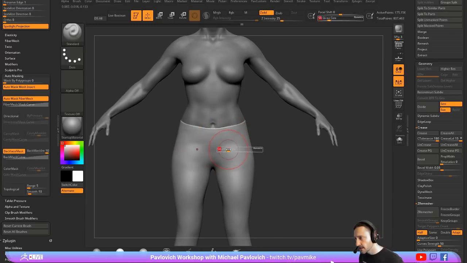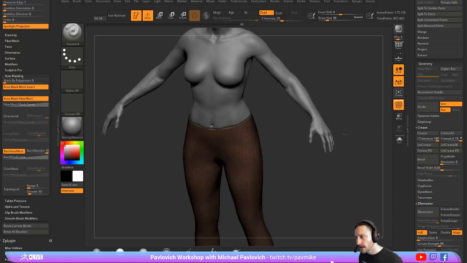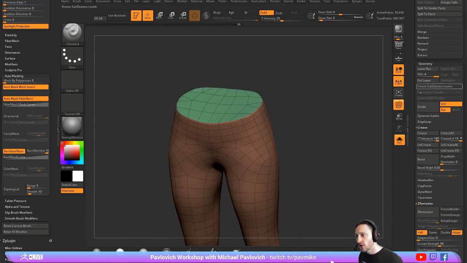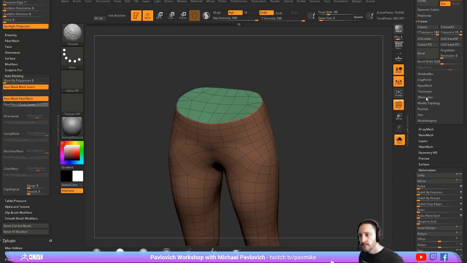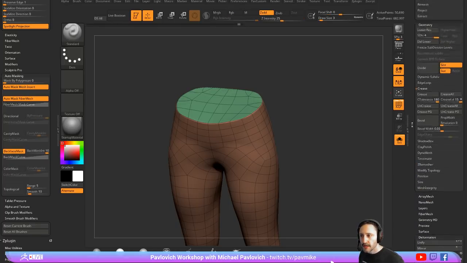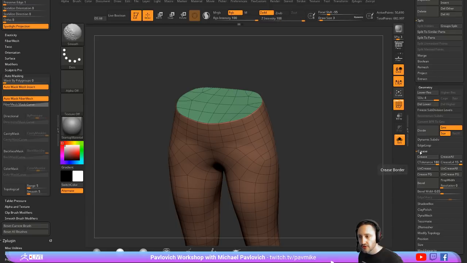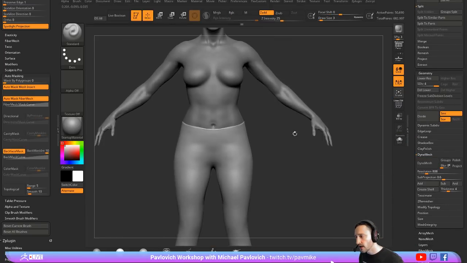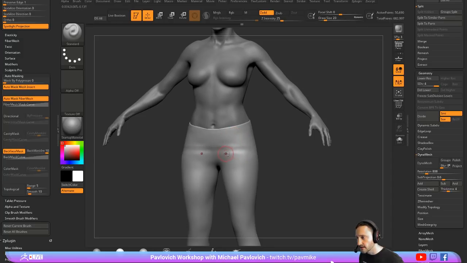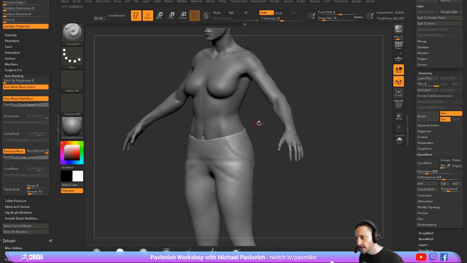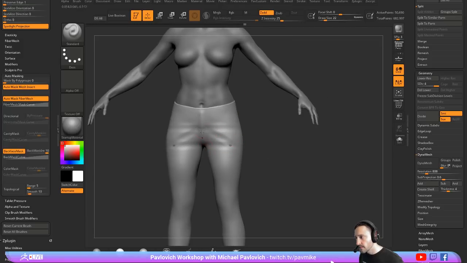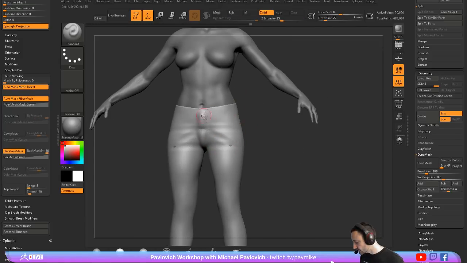But again, because we're just concepting here, and I did control drag and I did Dynamesh, you're going to have to be careful. If you don't want to Dynamesh anymore, I mean, you can if you want to, but in this case, what I'm going to do is go to Geometry, Dynamesh, turn that off, and now I don't have to worry about control dragging and accidentally Dynameshing. So we can go through here, and again, details and stuff like this I'm not going to do just yet. I'm just doing primary reads here,